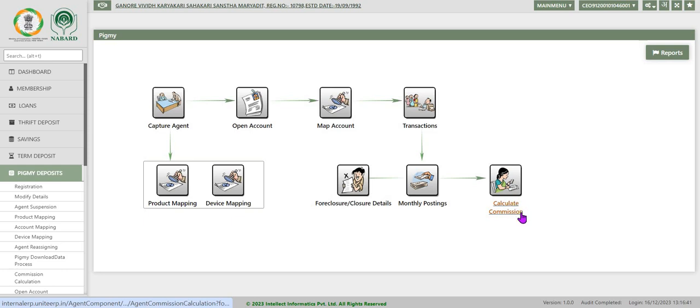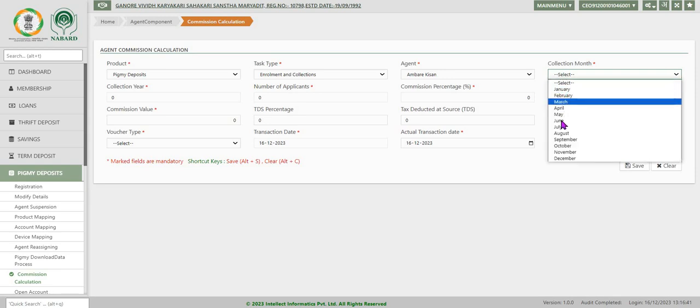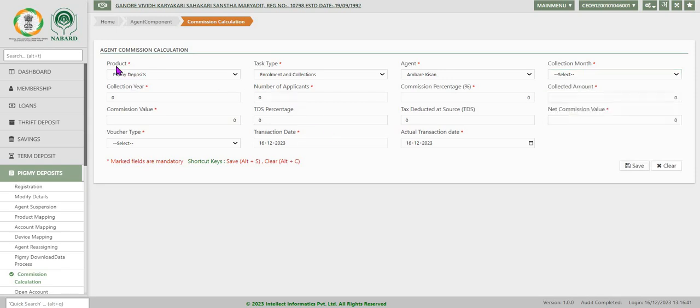Then we are having calculate commission. This option is used for calculating the commission that is to be payable to the Pigmy Deposit agent for the collections he made. Normally this will be on a monthly basis. Agent commission calculation: the product needs to be selected and other details will be fetched by the system from the